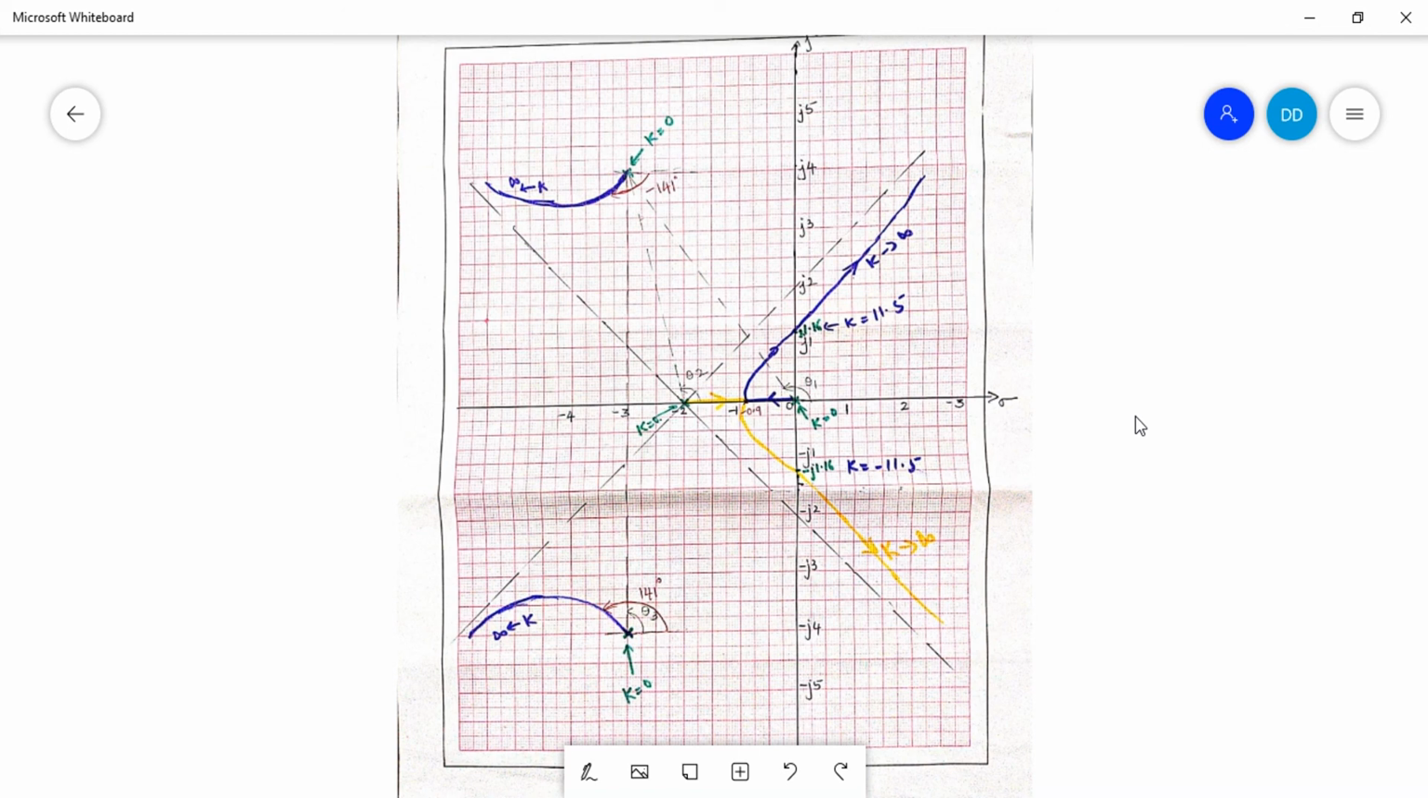So this is how the root locus has to be plotted, and beyond k equal to 11.5 our system becomes unstable and the frequency of oscillation is 1.16. Hope this particular problem you have